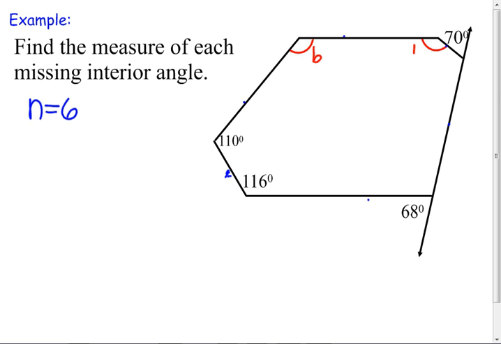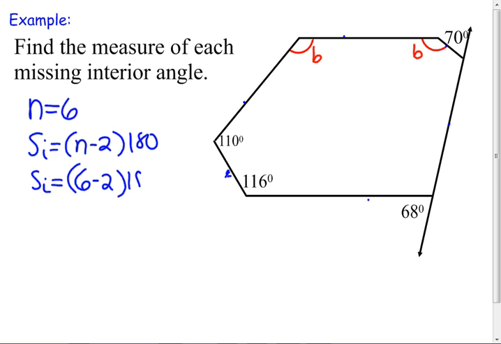Okay. Now, these all have to add up to whatever the sum of the interior angles of a hexagon is. I don't care what the shape of the hexagon is. So what is the sum of the interior angles here? It's equal to n minus 2 times 180. When you write that out, you clearly demonstrate to me what you're thinking about. If you just give me numbers, then I have to start there and think, well, what are you doing? So it's 6 minus 2 times 180. We've done this one. What's 4 times 180? It's always